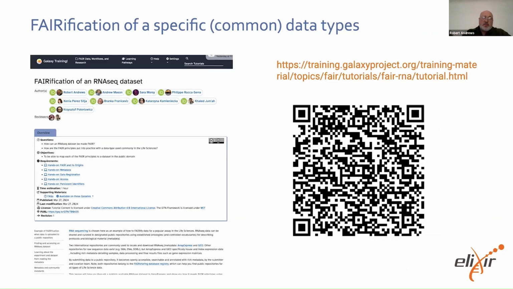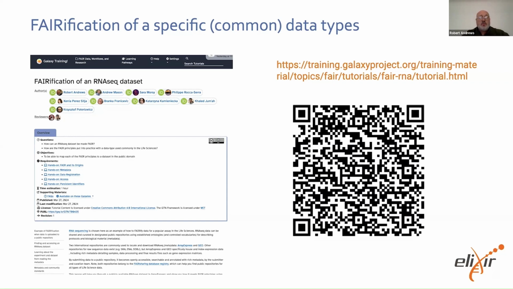To complement this, we wrote another course addressing a specific data type called RNA-seq. We didn't use Carpentries in this case, we used the Galaxy Training Network, where again we have strong links into the infrastructure. RNA-seq is one of the life science omic data sets where effectively you assay for the abundance of RNA in cells in the body. What you do is you get a landscape of gene expression.